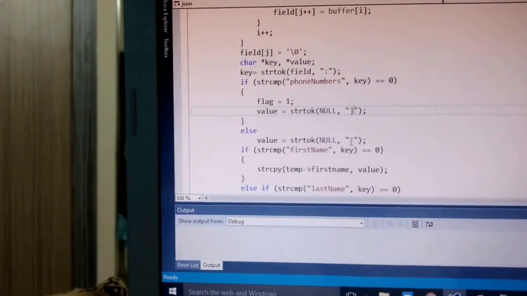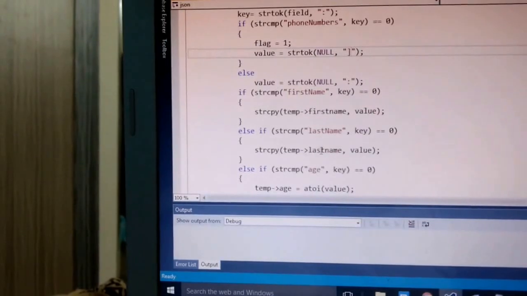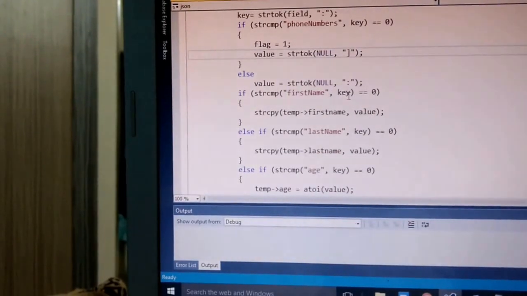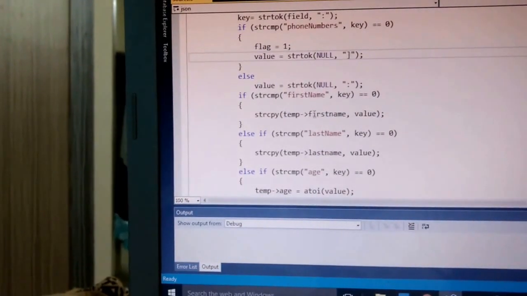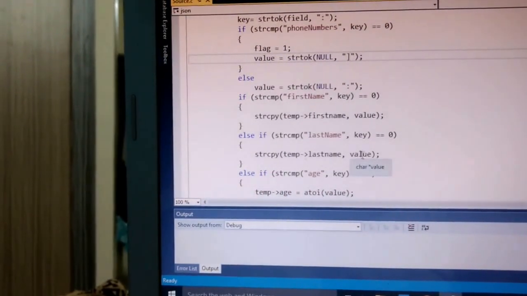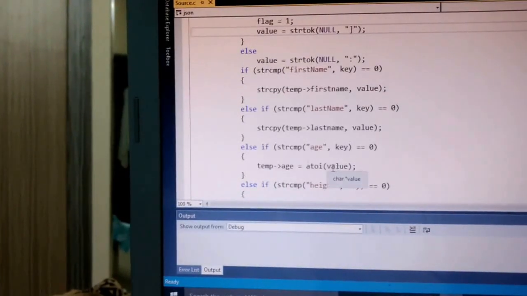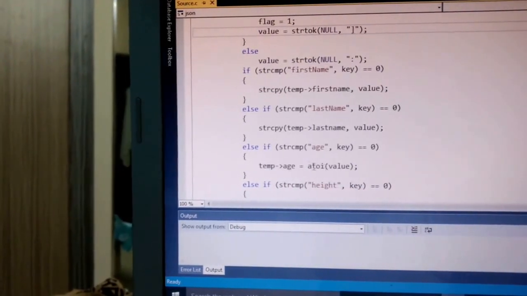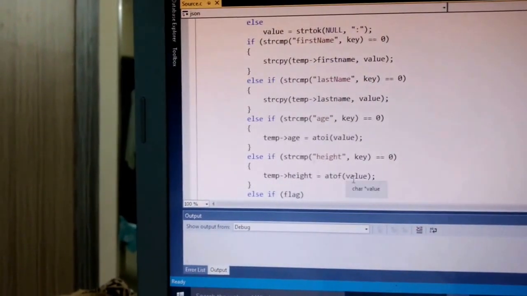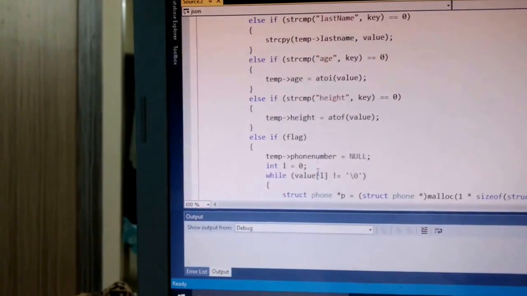So key will contain the field and value will contain the value. If strcmp of first name and key is 0, then the value is stored in the first name. If it's last name, then the value is stored in the last name. If it's age, I'm converting the string into an integer using atoi and storing it in temp age. If it's height, it's a float value, so using atof I'm storing it in the height.